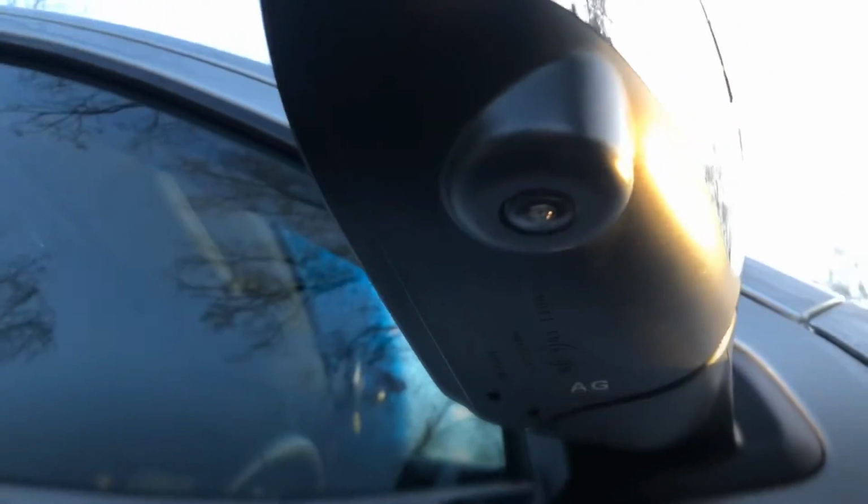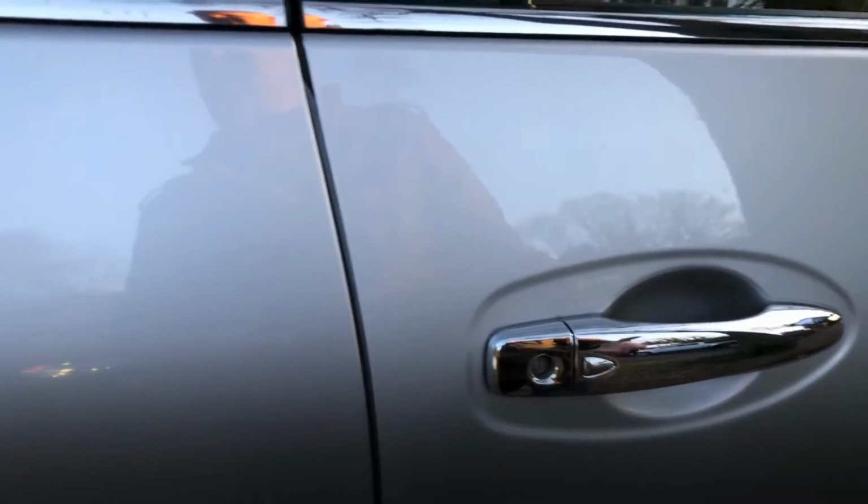Like I mentioned before, this is Tekna, so you've got a camera under each wing mirror, and obviously 1 front and back. Good thing about these, obviously, it is keyless entry, keyless go. So as long as you've got the key in your pocket, well, you press that button and it will open. It's going to tell me off because it's already open, the key's inside. Okay, so